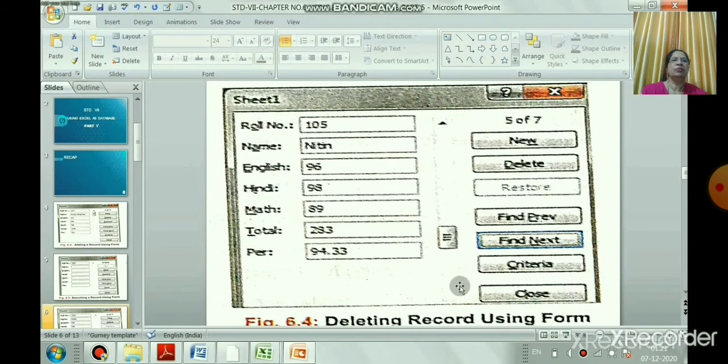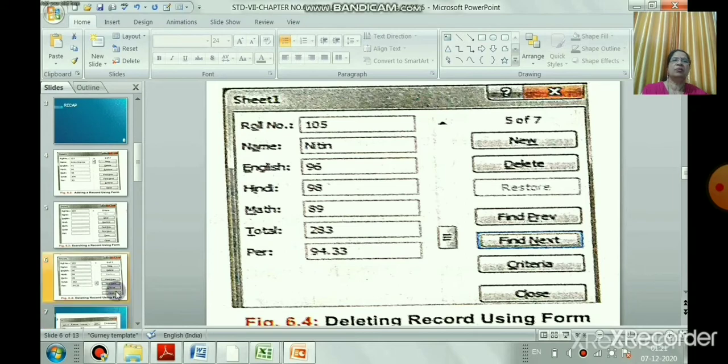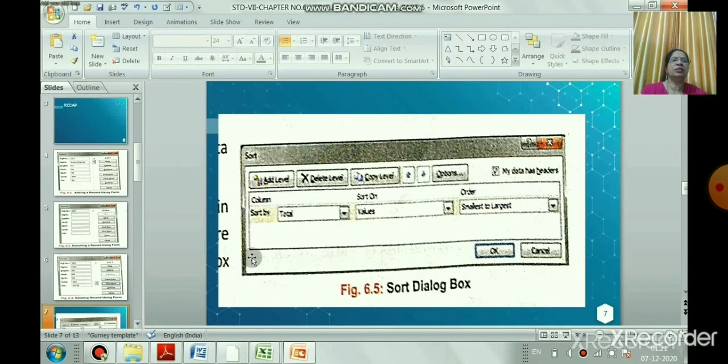So now here, now deleting record. How to delete the record? Find the record first. Can you see the find next? After the find next criteria is there? Yes. Okay, now do one thing. Just click on the criteria and write down the roll number which one you have to delete, or directly you can write the roll numbers or name and option delete.